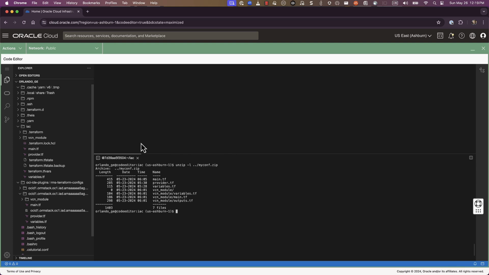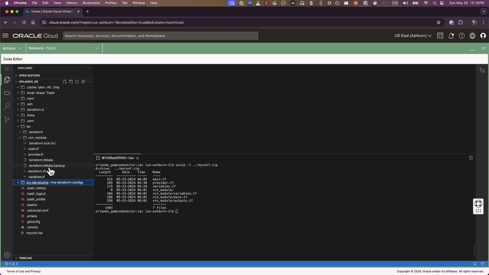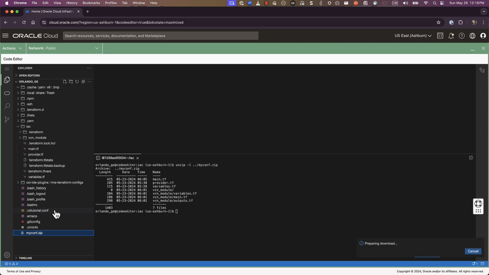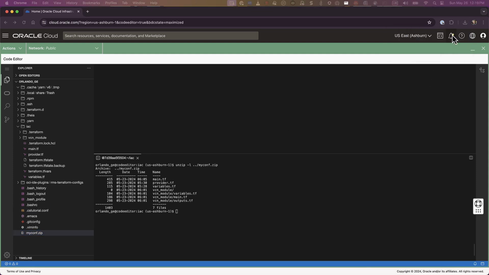Now I have to download. The easiest way to download is if you come here on the left side on the list of files, you will see myconf.zip. You can right click, download. You should see the download dialog on your browser. I will open my file explorer here